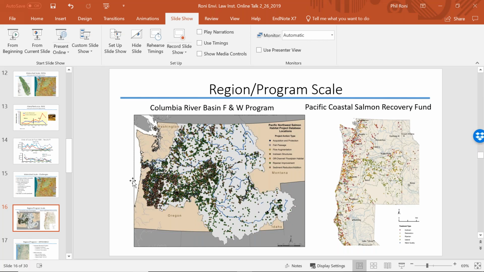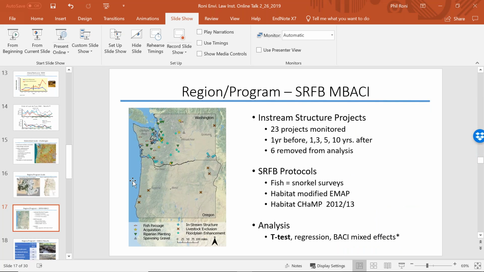The other program is the Pacific Coastal Salmon Recovery Fund. It's a federally funded effort in which the federal government gives money to the states to do salmon habitat restoration. It's ranged from 30 to 100 million a year across the states, and I think the state of Washington alone has spent $1 billion on salmon habitat restoration in the last 15, 20 years. So these are pretty big programs, both of which designed programmatic monitoring and evaluation programs to try and understand the effectiveness of their actions. The first one I'm going to talk about is the State of Washington Salmon Recovery